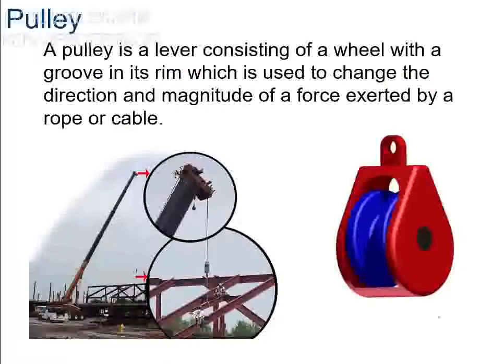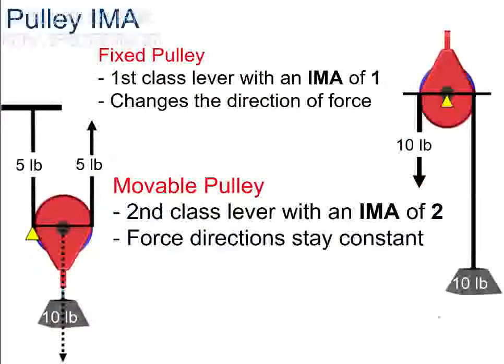The other thing is the pulley. A pulley is a lever consisting of a wheel with a groove in its rim, which is used to change the direction of the magnitude of a force exerted by a rope or a cable. Pulley ideal mechanical advantage: we have two types of pulley, fixed and movable pulley. The fixed pulley is a first class lever, and its ideal mechanical advantage is 1, and it only changes